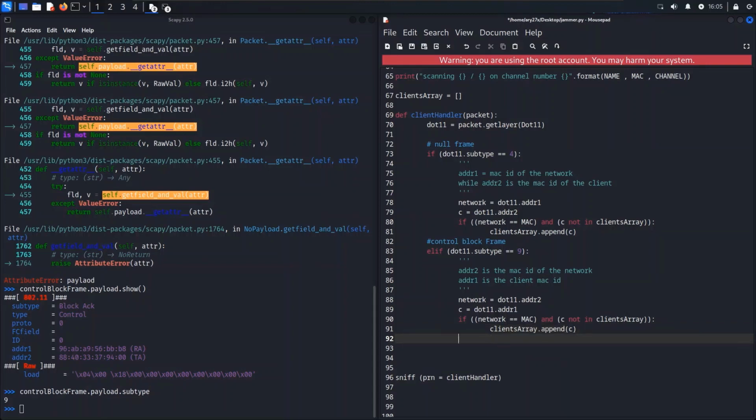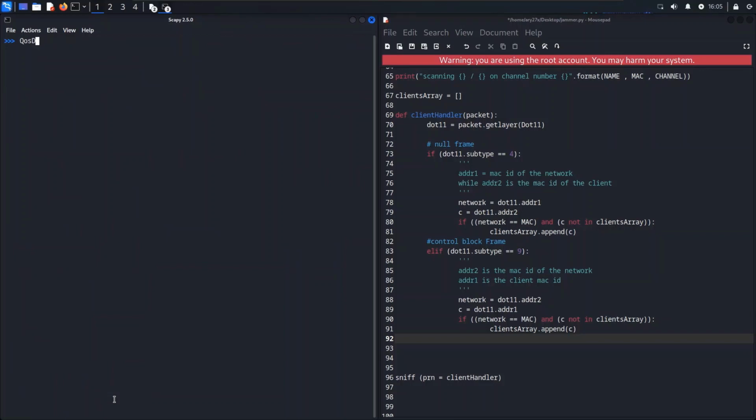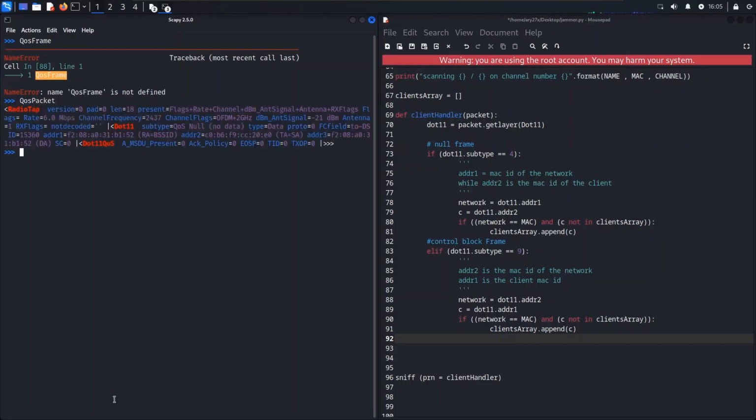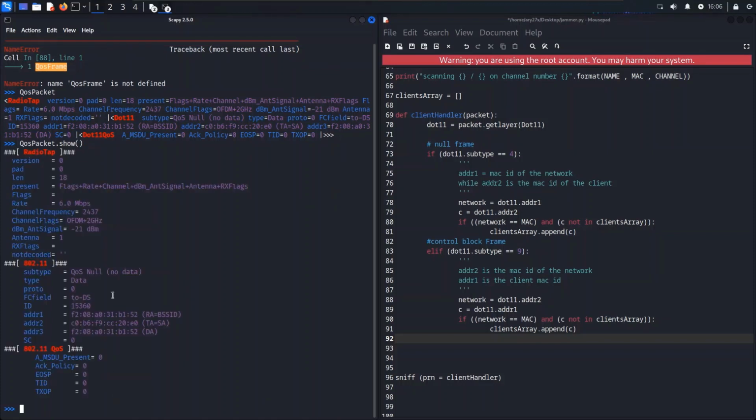So now we have the control block frame, and now we're going to be writing the logic for the quality of service frame and the quality of service with CCMP cipher frame. So the way we do it, I already have a quality of service frame also here. So let's clear the screen and let's write QoS frame. And QoS frame is, okay, it was QoS packet. I'm sorry, QoS packet. Let's do QoS packet dot show. And here we can see in the QoS packet, we have a QoS frame, right? So we could just essentially do elif